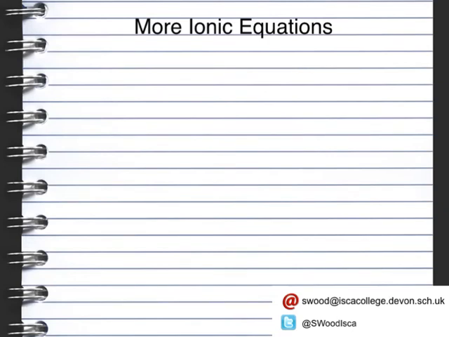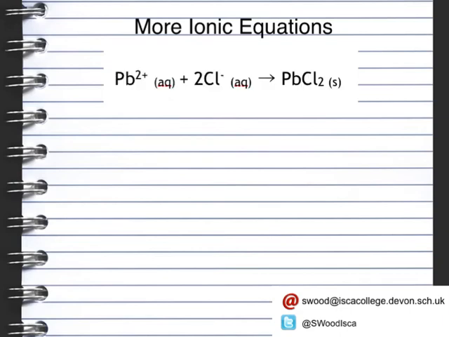Earlier on we looked at the reactions of the lead nitrate with the halogen ions, or halide ions, to form solids. What we're going to show you here are the ionic equations for those reactions. We're also going to look at the ionic equation for the barium with the sulfate ion. The first one we've got is the lead ion with a chloride ion to form lead chloride. Notice how the charges here are 2 plus and a minus, so you need 2 chloride ions to balance that out, and therefore we get the formula